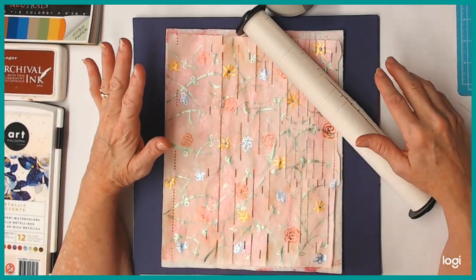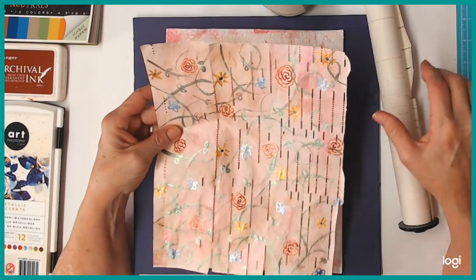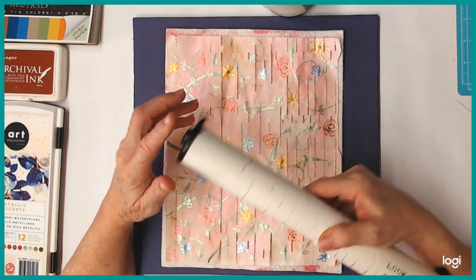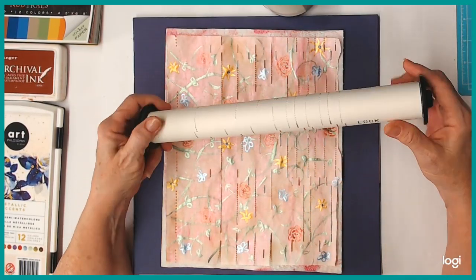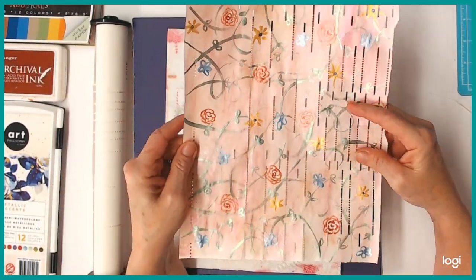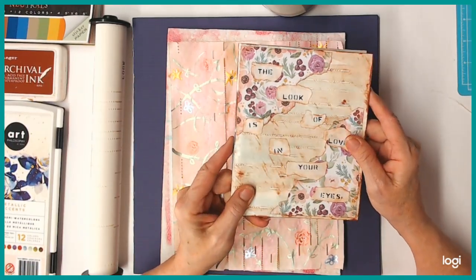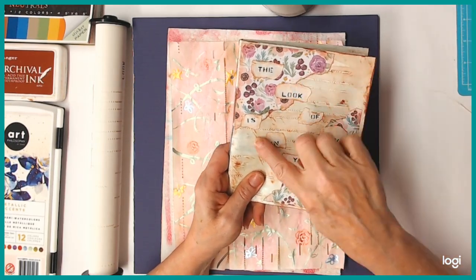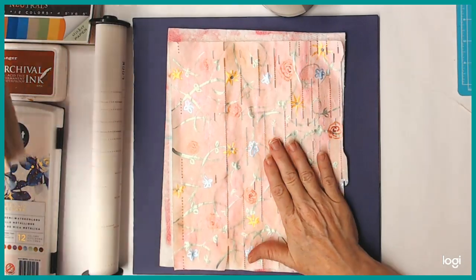Hello, my crafty friends. Well, I'm working on another piano roll project from the challenge, Kateri's Piano Roll Challenge. And I did some of it ahead when I made this last little project that you've already seen the video on. When I made these words I took from right here on this part of this roll,